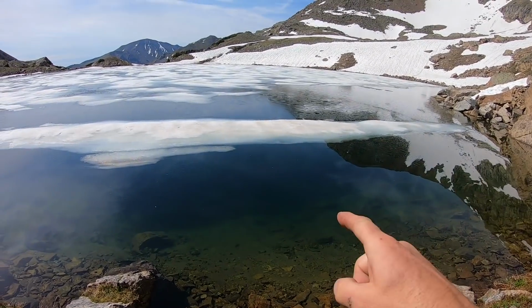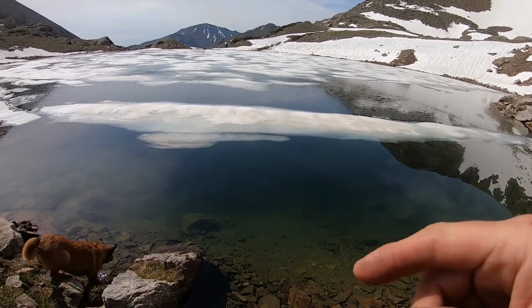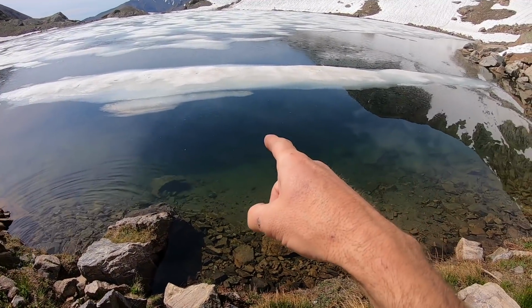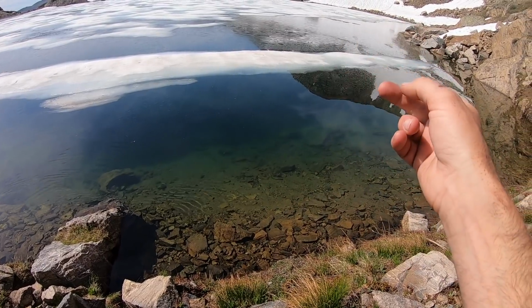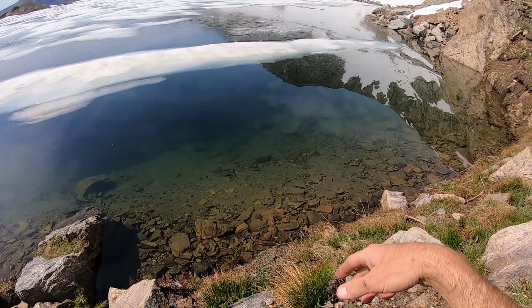All right, so we came over here to the other side of the lake, and as you can see, we got the ice off going on. We've got about, I don't know, 10 feet that go out before the ice starts, and then we've got these little pockets that'll thaw out throughout the day, just because there's a little bit of surface ice on there. But I've been seeing the real big fish lurk in the shadows down here. So I think as the sun comes up and it melts off this little layer that formed overnight, once that melts off, then I'll be able to get the flies out here